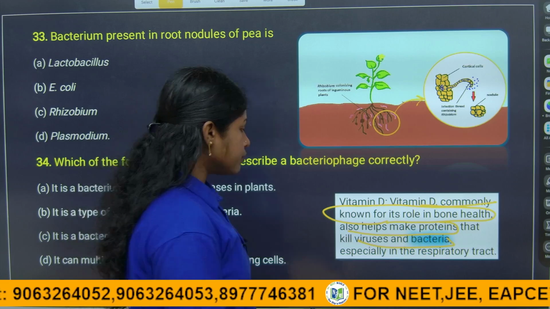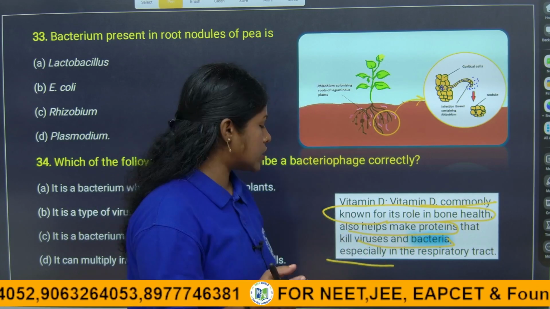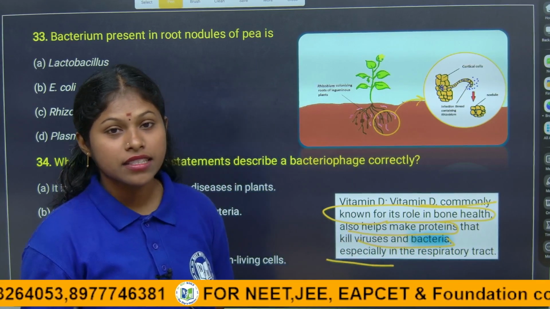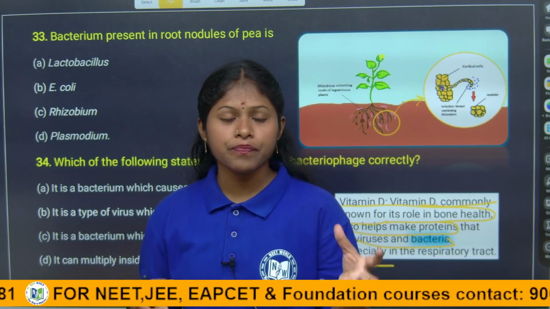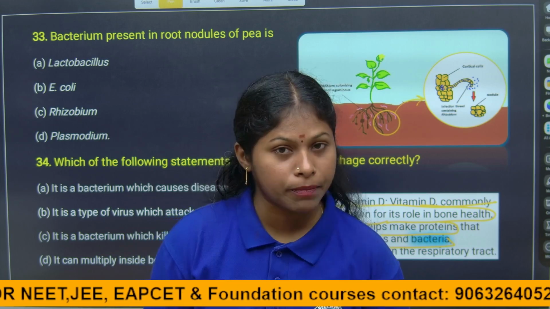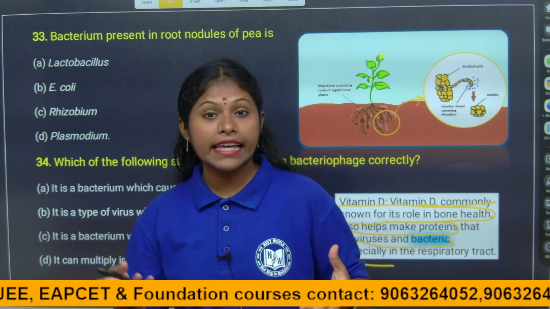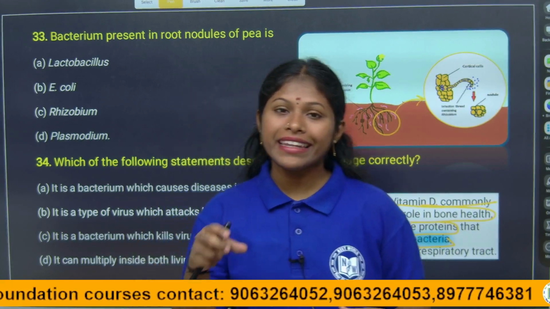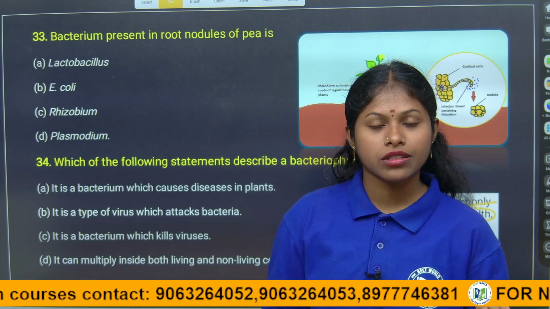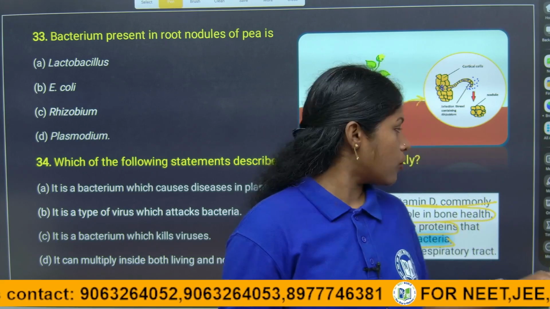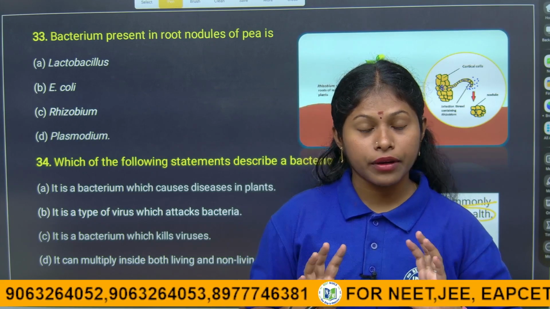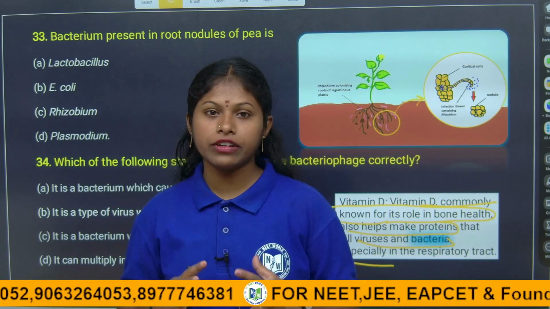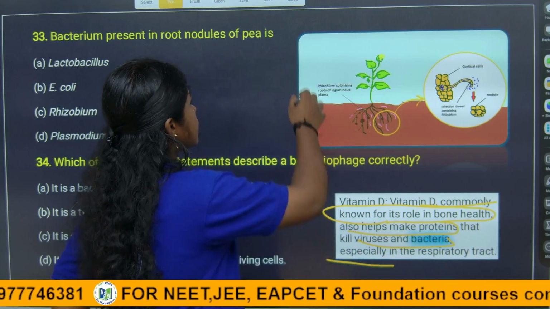So this is how vitamin D is essential, children, especially in respiratory tract diseases. Vitamin D is more essential because through breathing only, we inhale various viruses like coronavirus and all that. So by inhaling, many pathogens can enter our body. If you have enough vitamin D, it helps to boost the immune system. So this is how vitamin D is essential, children.